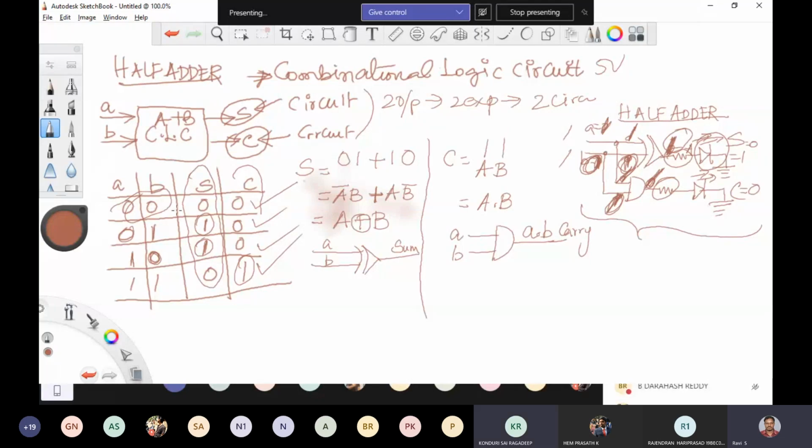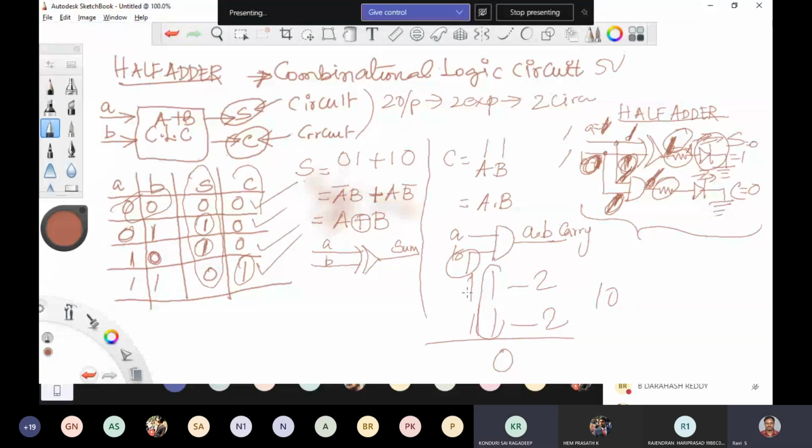Sir, I have a doubt. Why is it called half adder? Yes, you are absolutely correct. I'm expecting this kind of question. Very interesting. See, whenever you are going for a multi-bit addition, let me take 1 1 and 1 1. A is 2-bit, B is 2-bit. Whenever I'm performing 1 plus 1, I'll get 1 0. So 0 as sum, and 1 carry I have to pass to the next stage and add. Correct?